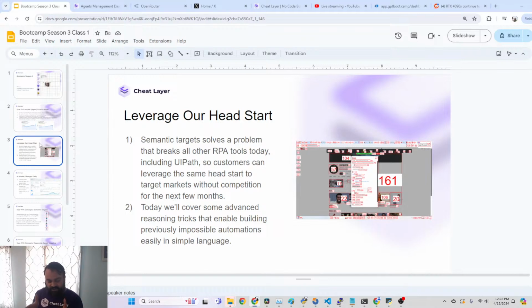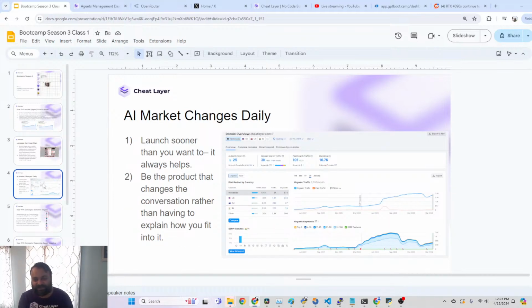That's why we tried to condense it to 4 weeks, to do it as quickly as possible. And we really believe that of our customers today, we have a few hundred subscribers, there are a few of them that will probably build products that are more valuable than Cheat Layer itself, just because that's actually possible. So that's why it's meaningful for me to give this course, but also hopefully you guys stick through to the end.